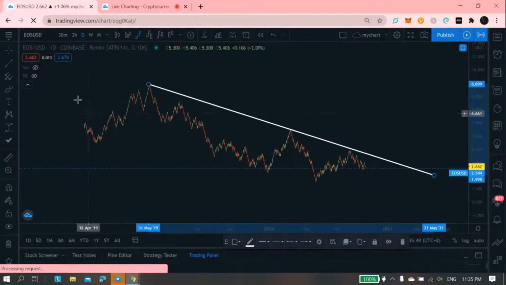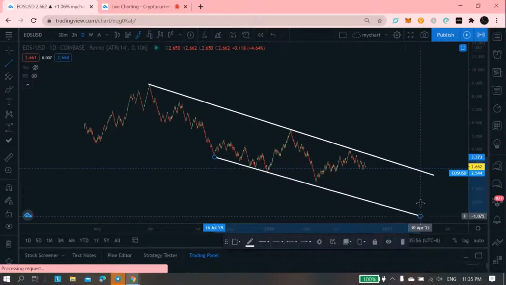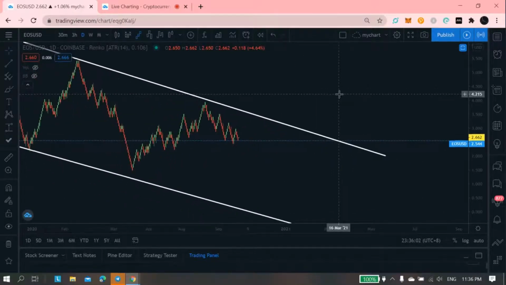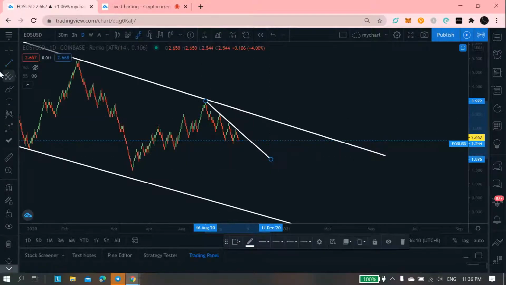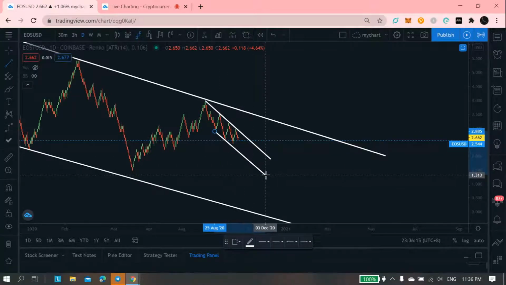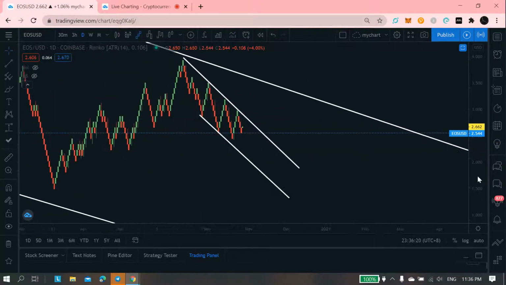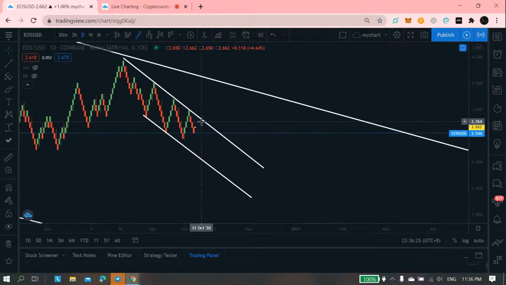So this is a long-term downtrend, EOS. Long-term downtrend and still currently trading lower on a downtrend. Currently, right now, I'm on a neutral, or I will wait for it to break this downtrend before I'll make